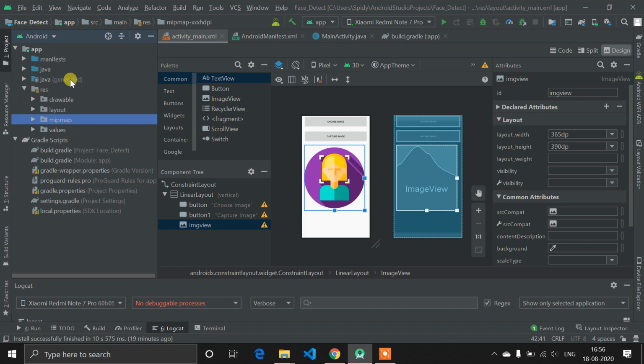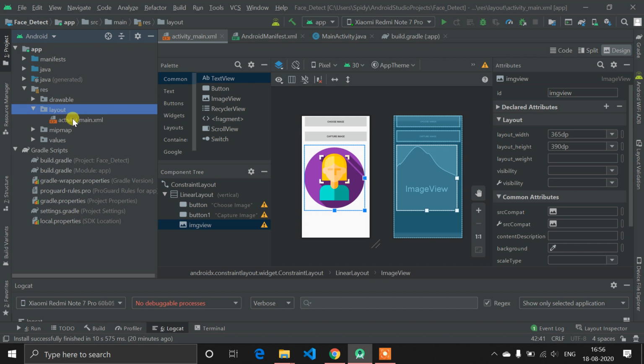This is the activity_main.xml. When you open any application, it shows you the main activity of your application. Just like if you open Facebook, it shows a news feed. So activity_main.xml contains the design part of your Android application.